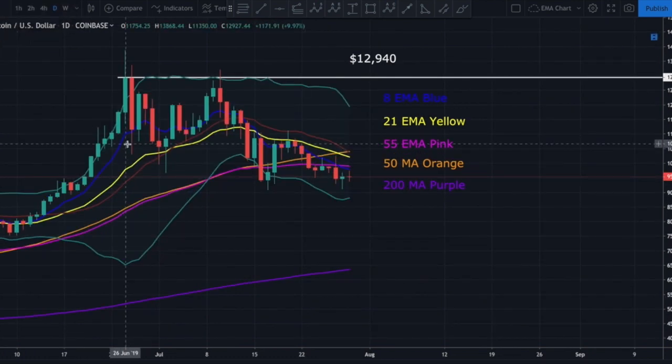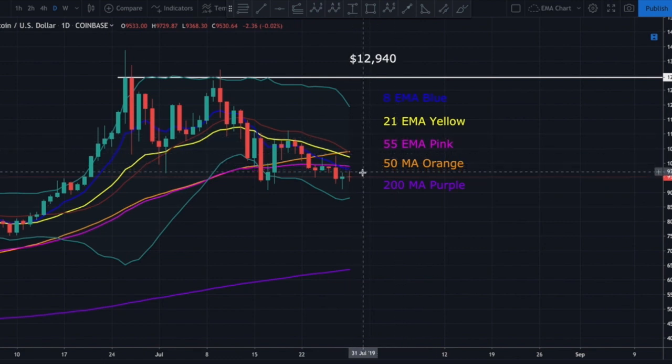Looking at the daily is confirming that the bears are starting to take control of the market. We do have the 8-day EMA crossing below the 55. Of course, the 21 is well below the 8. And if we get the 21 crossing below the 50, that is not going to be a good sign. As of now, we've been unable to break back above the 8-day EMA here, guys. We're still well below the 55-day EMA here. So again, all of this is a sign that the bears are taking a little bit more control of the